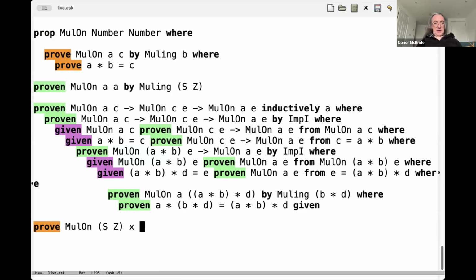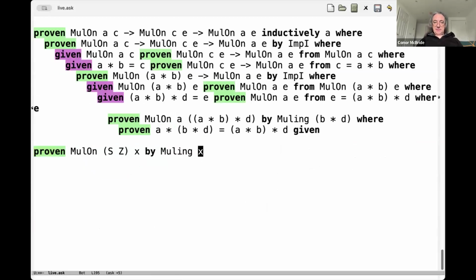So we're hoping that we can get from 1 to anywhere by mulling x. And we know enough monoid laws that that's true. Okay. Now, we know that there is